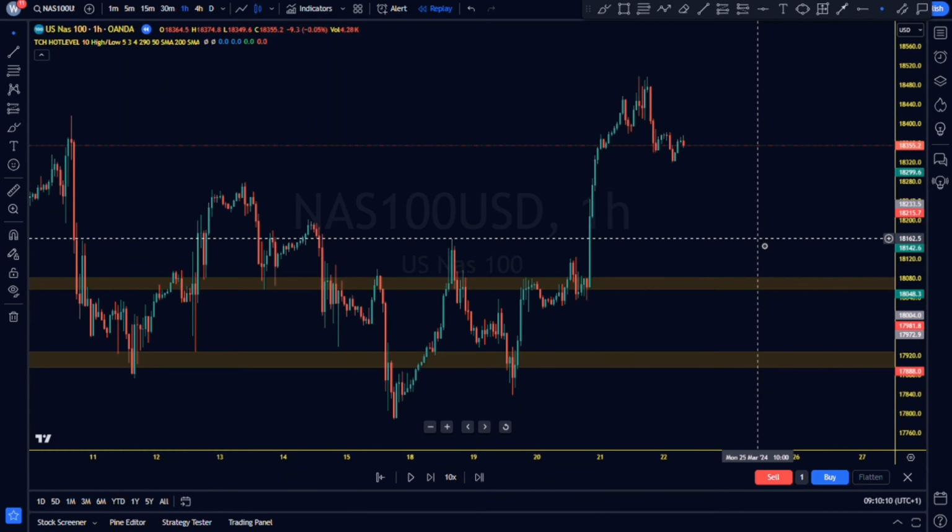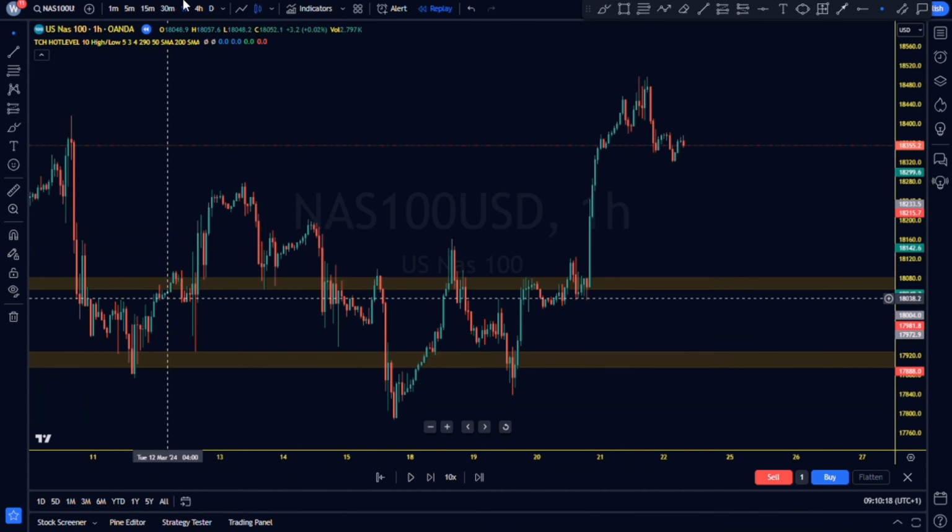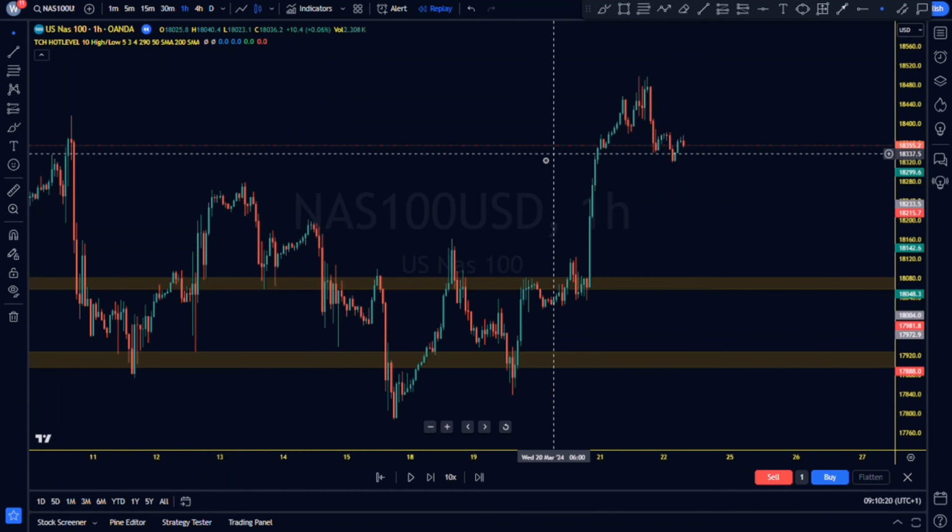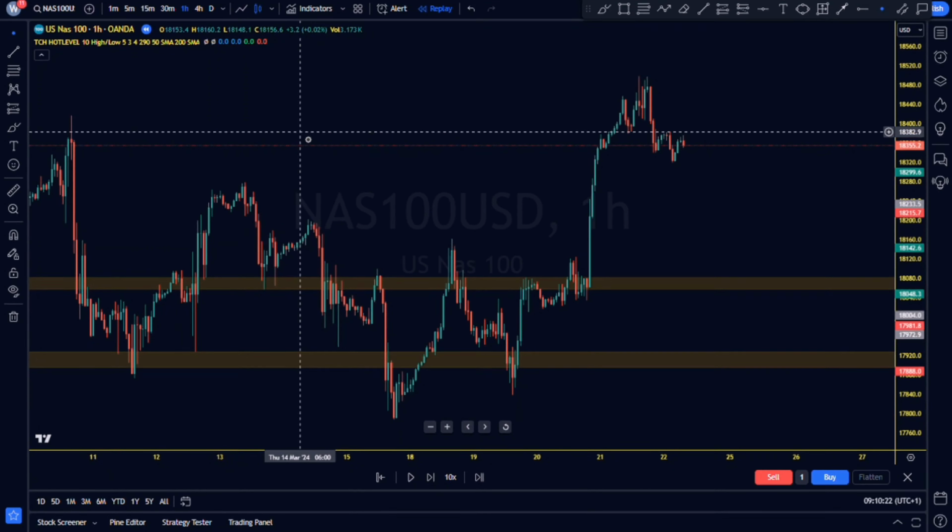You guys can see we have it right here, TCH Hotlevel. This is the indicator right here. I already installed the indicator on the chart, and for those of you who have gotten the indicator, we've talked a lot more about this. But I just want the people who haven't gotten the indicator to know that there's something beautiful out there that they can use to optimize their trading system or get our trading strategy and use this for more